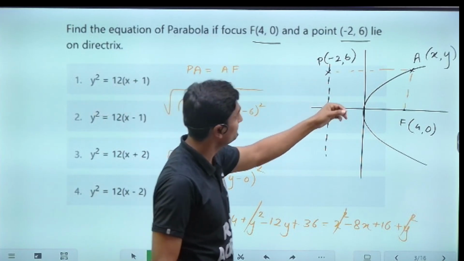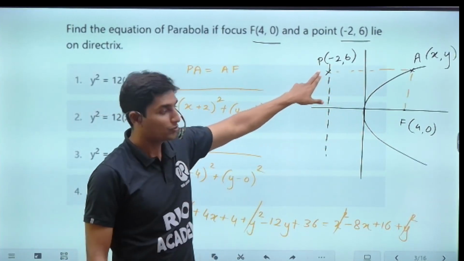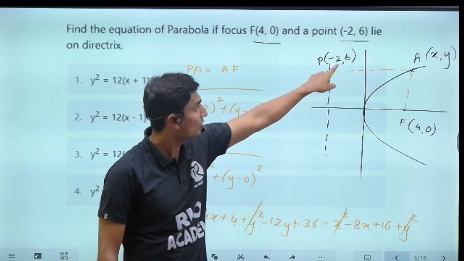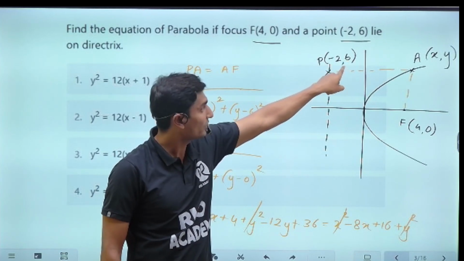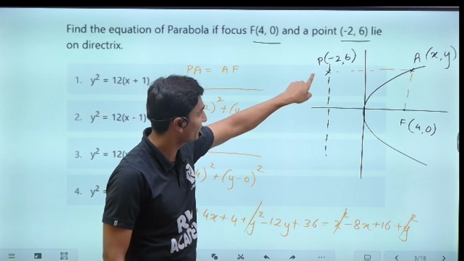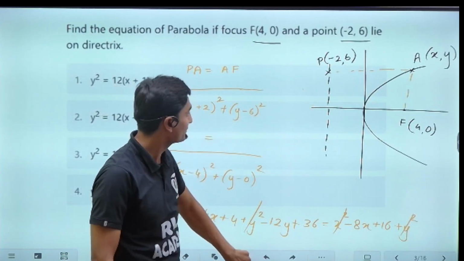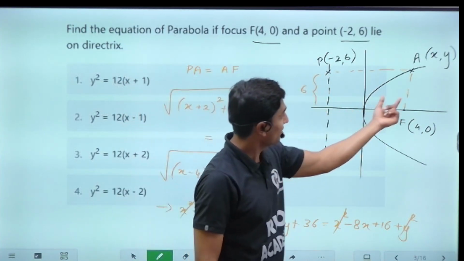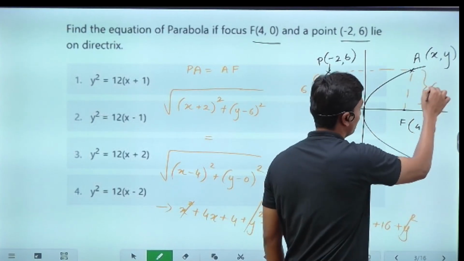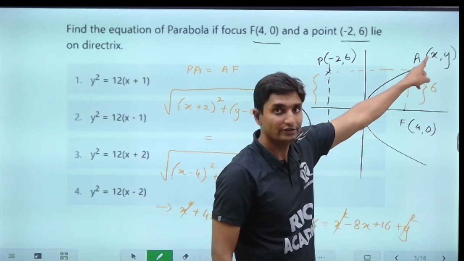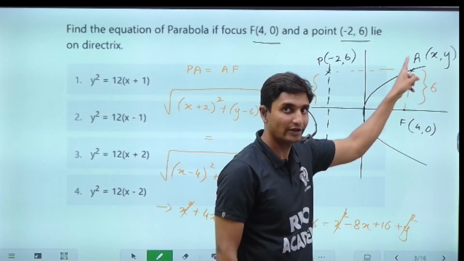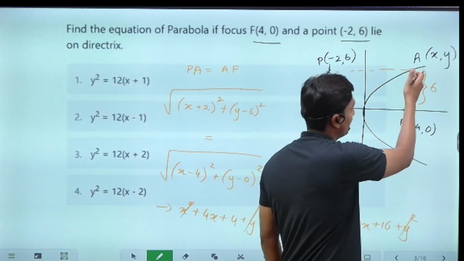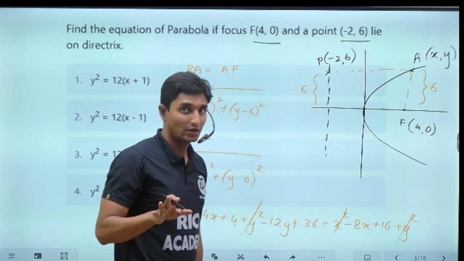Here, basically, if you can see this particular point P, which is negative 2 comma 6, here we already have the value of y. Okay, we already have this particular value of y. This is 6, right? Correct? This distance is nothing but 6 here. And basically, from that basis, we can say this distance is also 6. Correct? We don't know the x coordinate here. Of course, in this particular diagram I have taken the point to be here, but it doesn't necessarily mean that A and F both lie along the y-axis here.